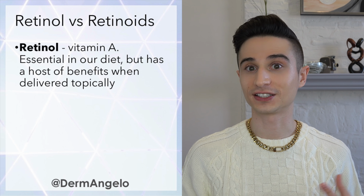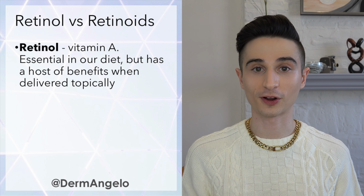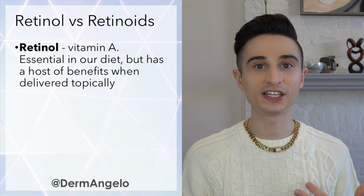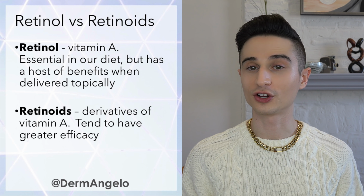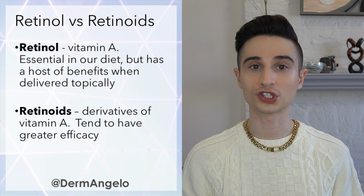So retinol and retinoids are a family of molecules that have been used in skincare and dermatology for decades. Retinol is vitamin A. It's an essential vitamin for skin functioning. However, when it's used topically, it has many different benefits. Over the years, there's also been the development of retinoids, which are derivatives of retinol or vitamin A. These retinol derivatives tend to have higher potency, and there's tons of data to back up their use for conditions